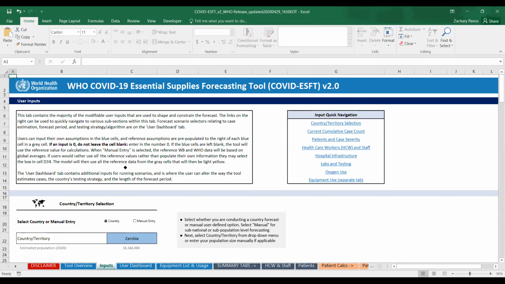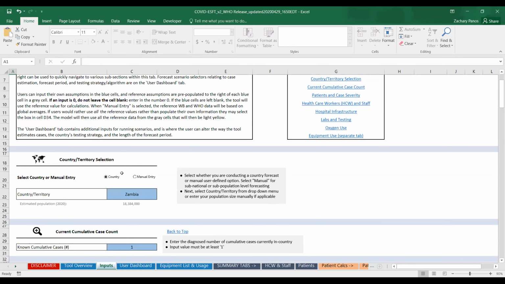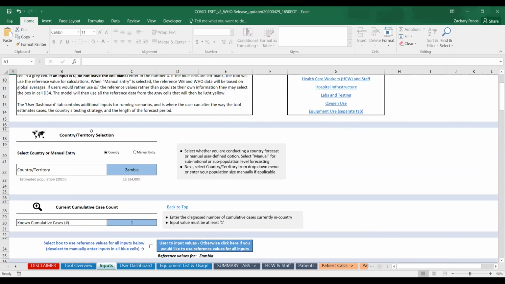So when using the tool, the first section is the country or territory selection. Here, the default is set to run the tool for a given country, where you can select from this drop-down menu.